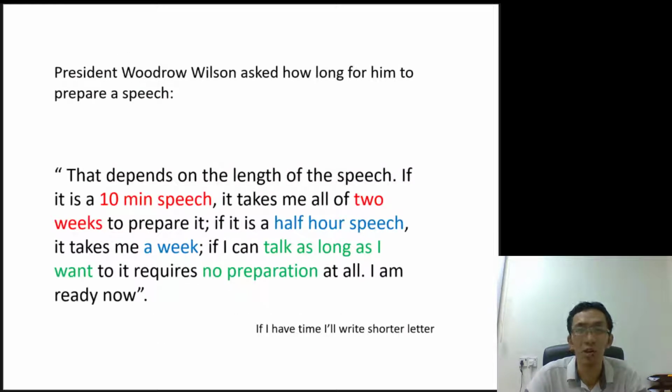Having content alone is not enough. You need to ensure that all your content can be delivered in time. Maximum time for FYP presentation is less than 10 minutes. So that's a challenge. As you can see from the saying in the slide, to prepare a shorter speech takes more time, takes more preparation than to prepare a longer speech. This is especially true if you do a live presentation. But for recorded presentation, I think that's not really a problem because you can always edit.